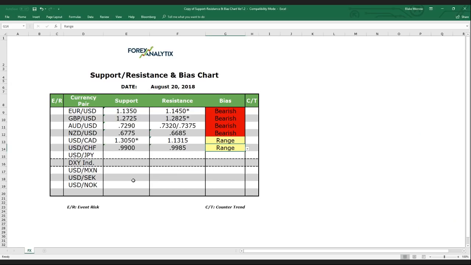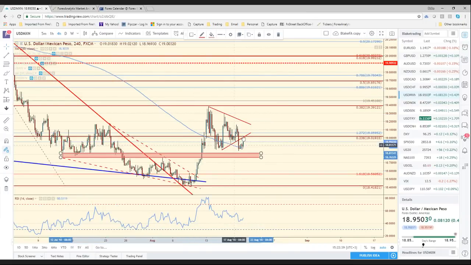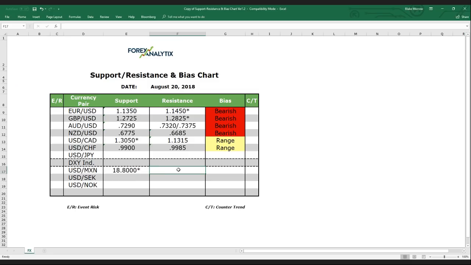So I think 1880 is good support, but at the same time, if things do fall apart and Mexico becomes a little bit more defiant, then we've got some risk of a move back up towards 1916 here, and really 1939 is obviously key resistance. But I'm going to write down for today, 1916 is resistance in an overall range environment. All right, let's go